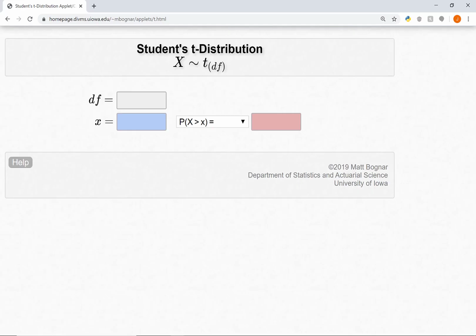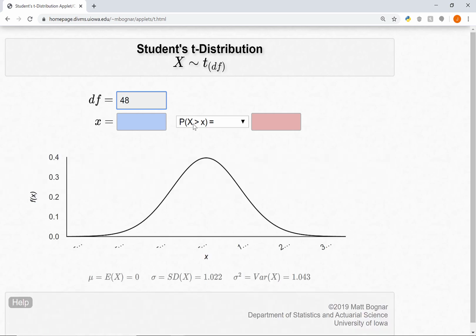If we were to go to our distribution calculator, we have 49 observations, therefore our degrees of freedom is 49 minus 1, which is 48. And that brings about a t-distribution with specifically 48 degrees of freedom. We want to find the central 98%, so we'll select this last option, which is looking for the between area of 0.98. And what this is saying is if we go roughly